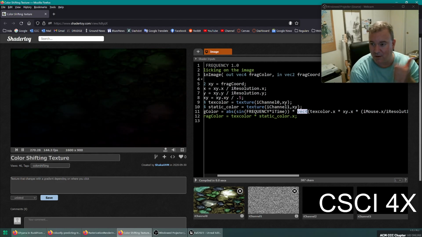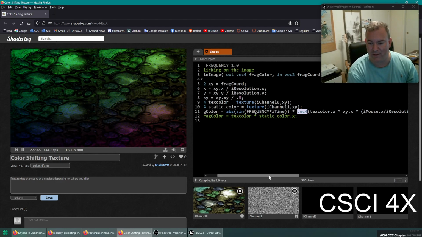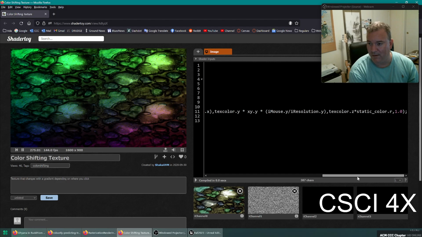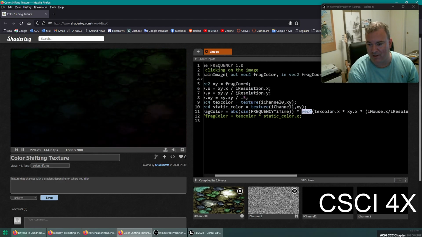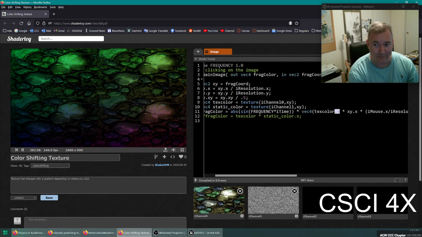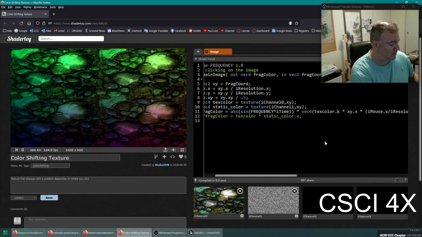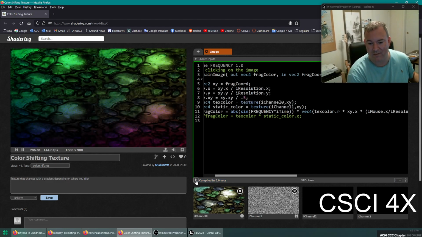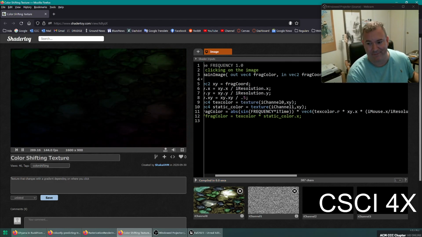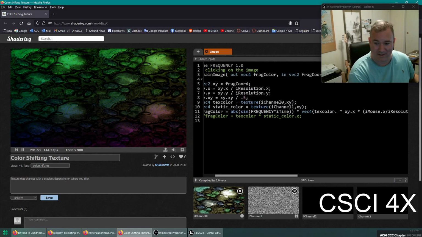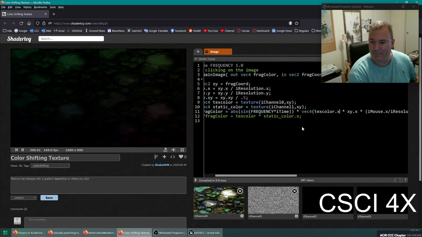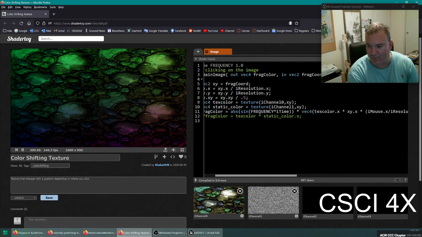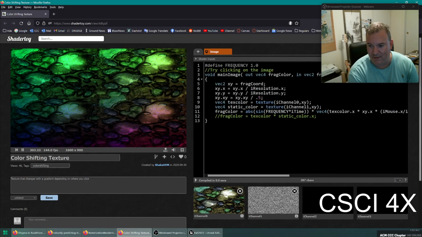So vector 4 is RGBA. A is transparency, which is almost always 1, which means fully opaque. So we're going to grab the texture color. That's R. If I change that X to an R, exactly the same, right? If I change it to a G, though, it will probably be a little bit different. Maybe not. I don't know. Yeah. So it's going to grab the red value and multiply it by